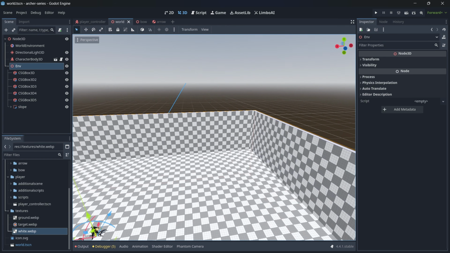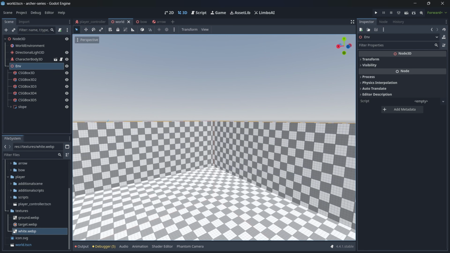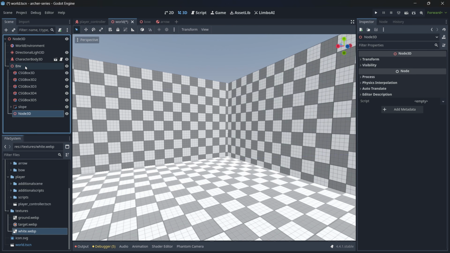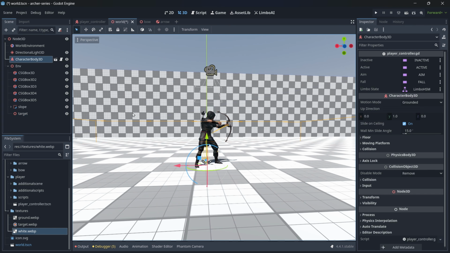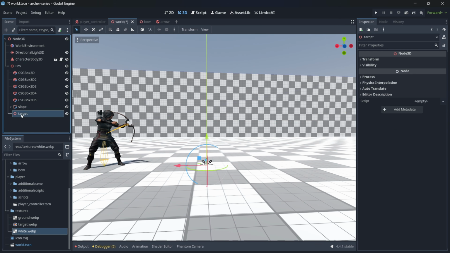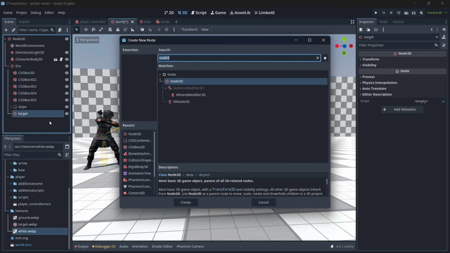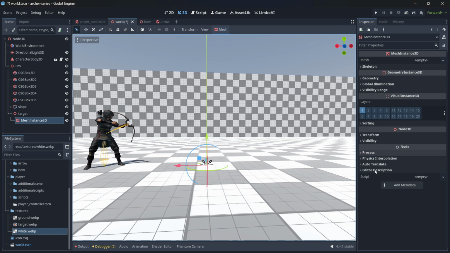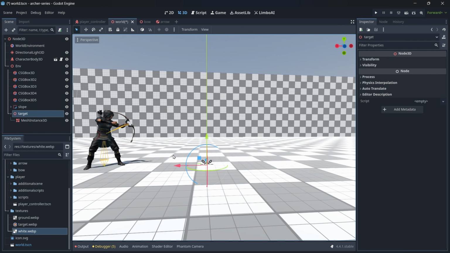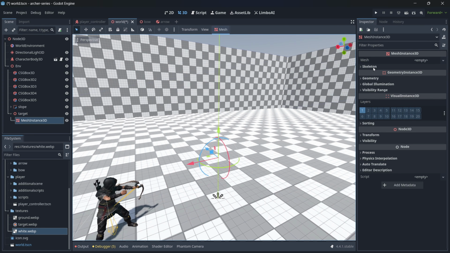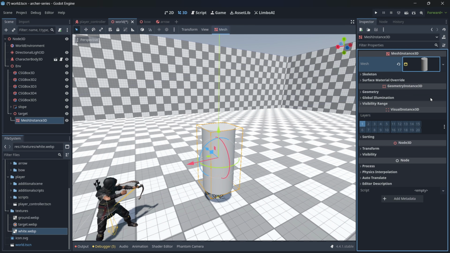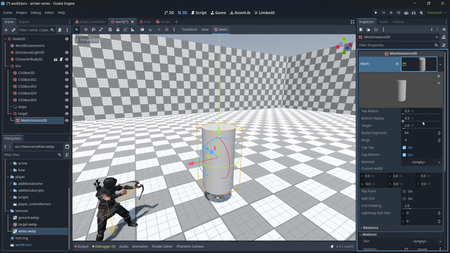And the last thing is to add the hit targets. So for that, let's add a Node3D, call it target, and here let's move our character somewhere else, and in the target let's add a mesh instance, and I think we can just scale it somewhat up to see our mesh. And in the mesh instance, let's add a cylindrical mesh, and here in the mesh we can just change the segments to be 8,